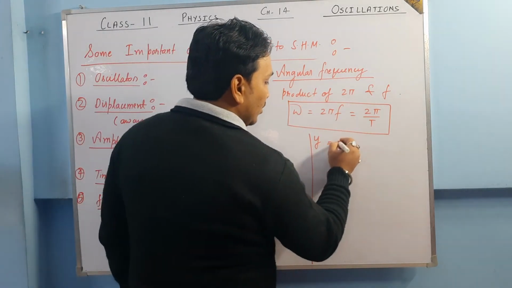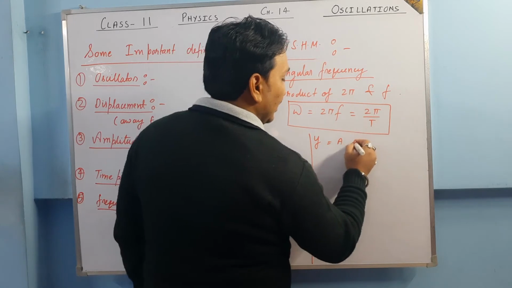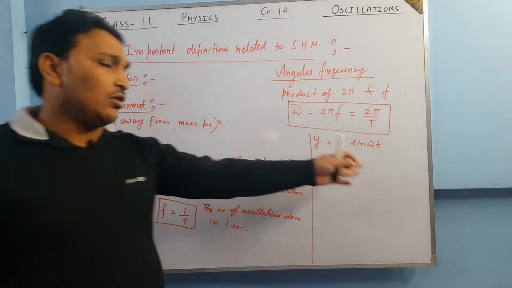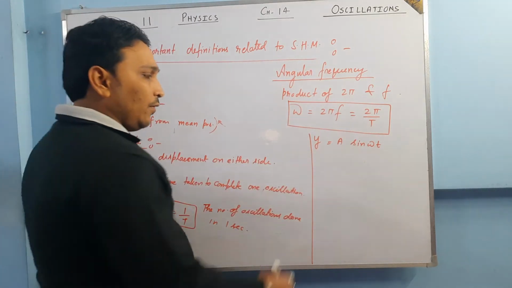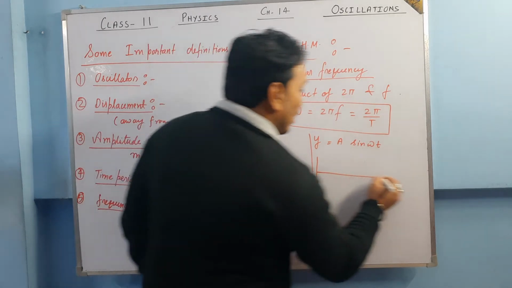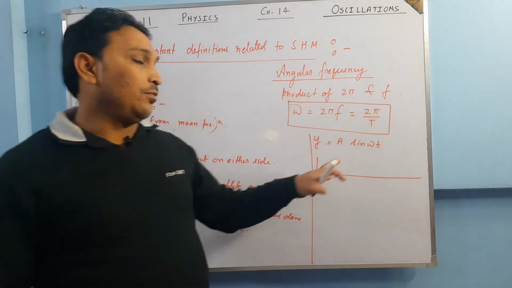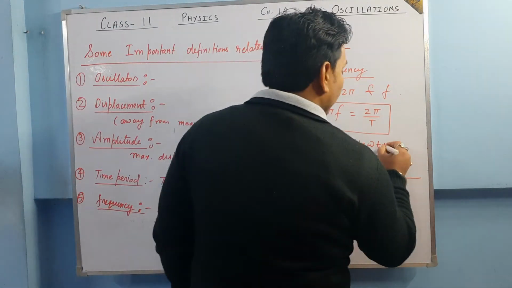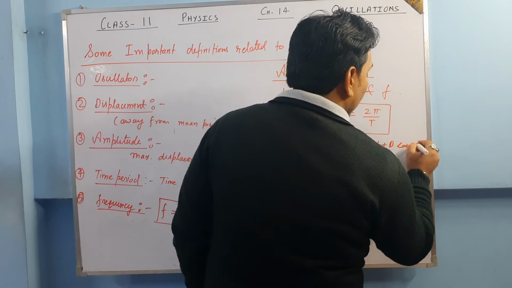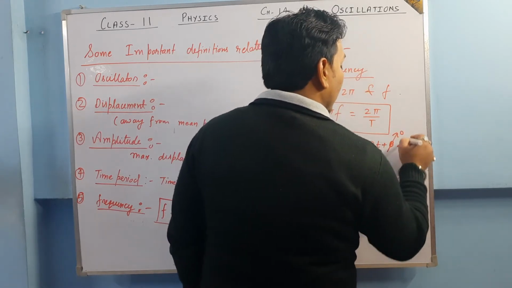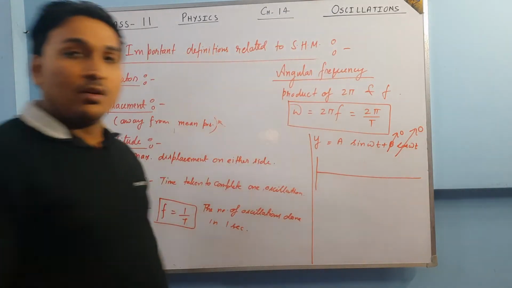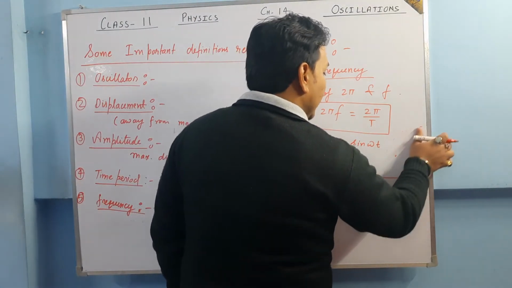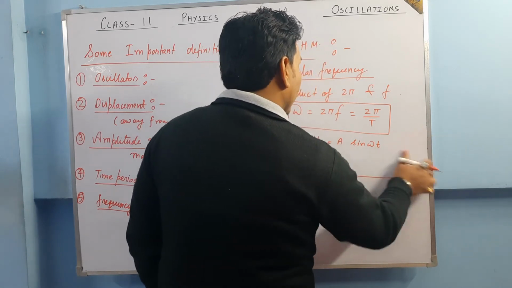Suppose you represent an SHM by y is equal to a sine omega t. Suppose that the cos term is 0. We can take cos also, we can take sine also, no problem. I hope you have no problem that this equation represents an SHM where the cos term was 0. The general expression is B cos omega t, so if B is 0, then that whole term is 0. It is possible. So y is equal to a sine omega t represents an SHM, as we have discussed earlier.